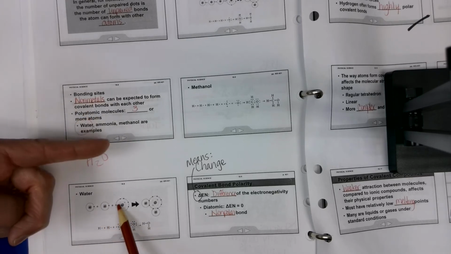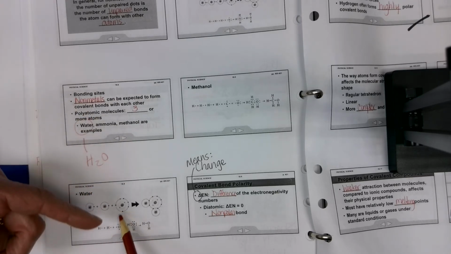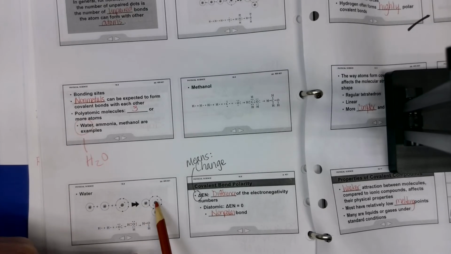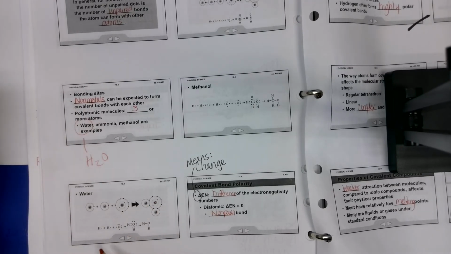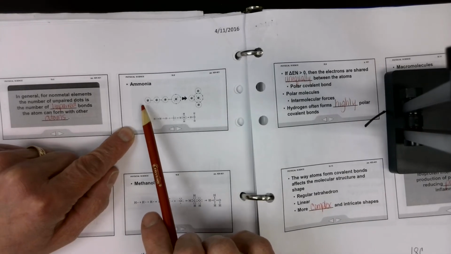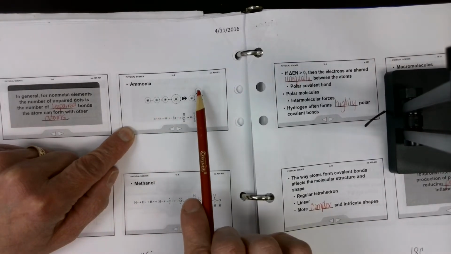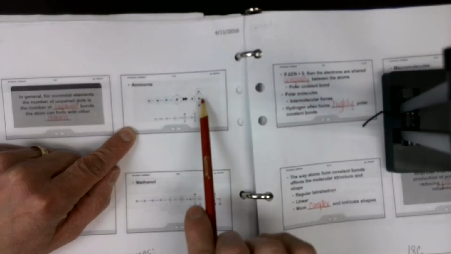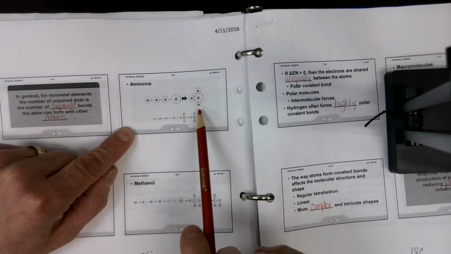So it's going to take 1 hydrogen here, 1 hydrogen here. So it's going to look like this, a bent molecule. That's going to be what gives water its properties. Okay, ammonia, on the other hand, is going to tend to have more of this kind of a shape, because